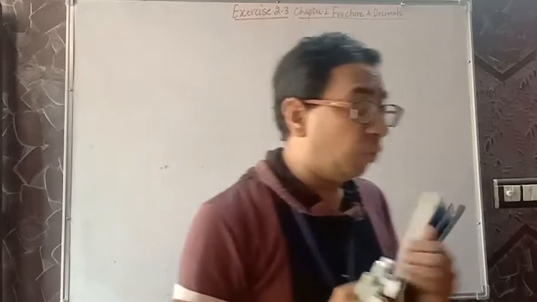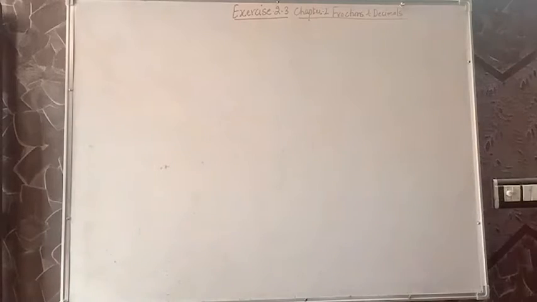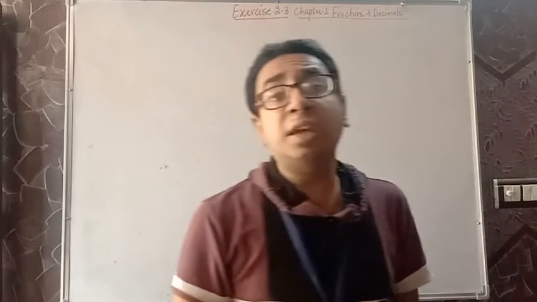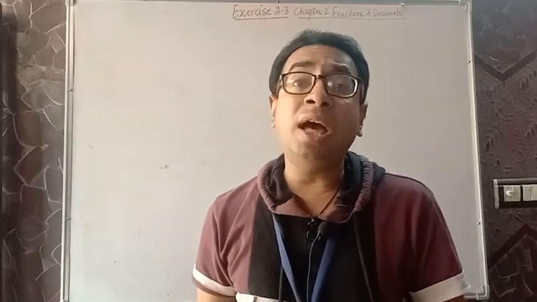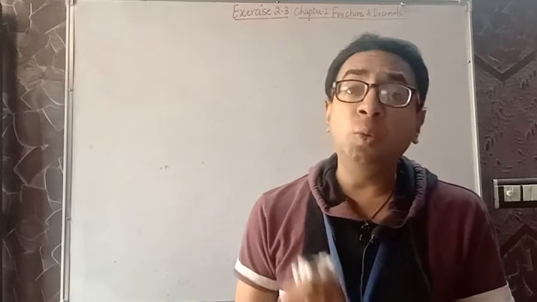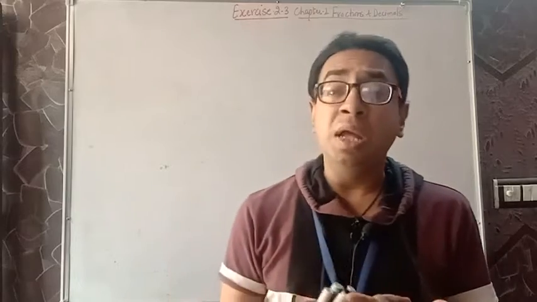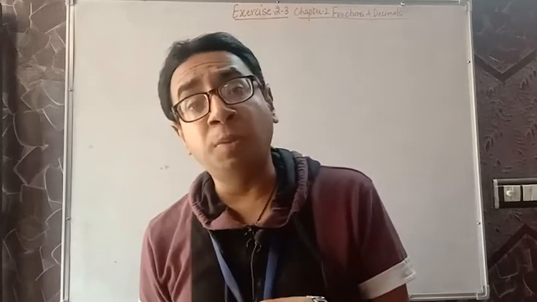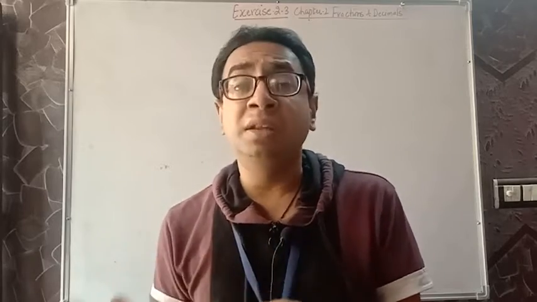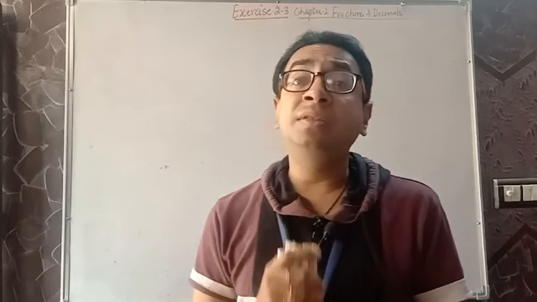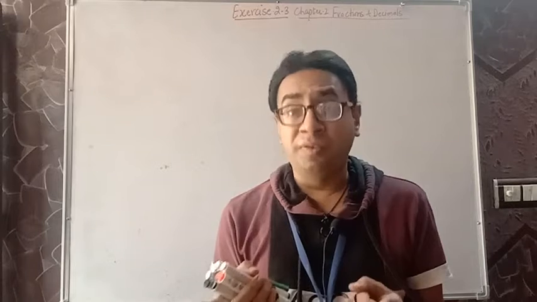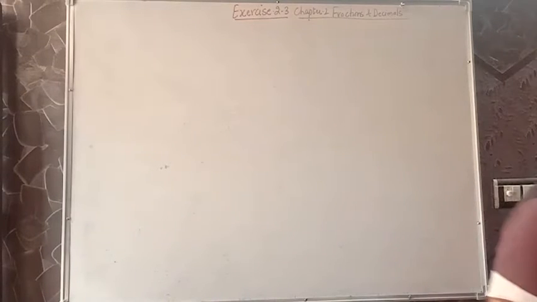Let's see, but before that, if you remember yesterday, I discussed a few basic important parameters with you. When two improper fractions are multiplied, the result is always improper. When a proper and an improper are multiplied, the result is improper or proper, it depends. When two proper fractions are multiplied, the result is always a proper fraction. This is what I discussed with you.